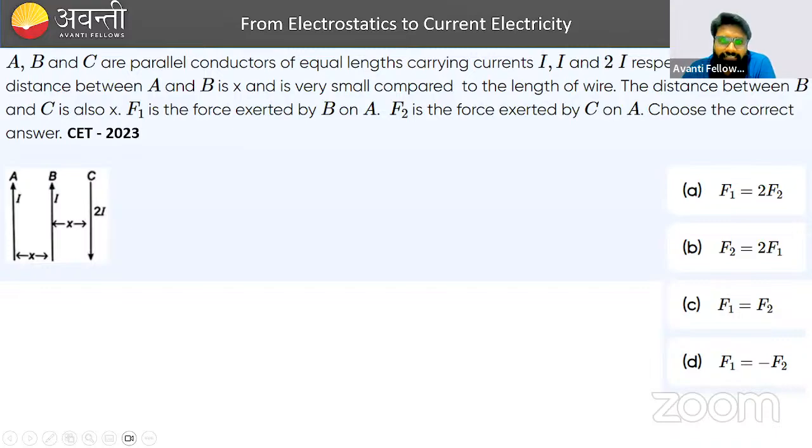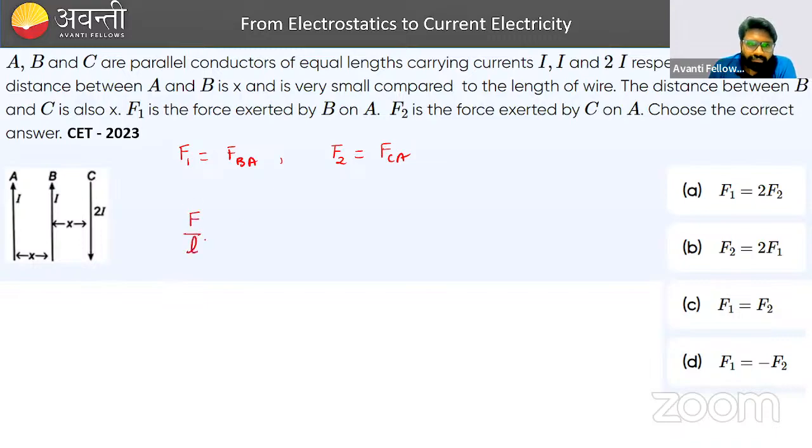F1 is the force exerted by B on A and F2 is the force exerted by C on A. Choose the correct answer. First of all, everything is mentioned in the question. F1 is the force applied by B on A and F2 is the force applied by C on A. Got it? Now we know that in these types of situations,